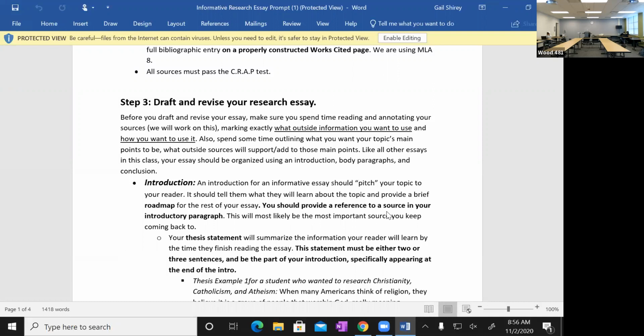So in this essay, if you'll notice, we're going to do some scaffolding. Right now we're brainstorming. We're going to be working within databases, but if you find some good sourcing in the databases, make sure you mark them and begin taking notes. And the two things you really want to make sure you have in your notes or you're annotating is what information you might want to use from that source